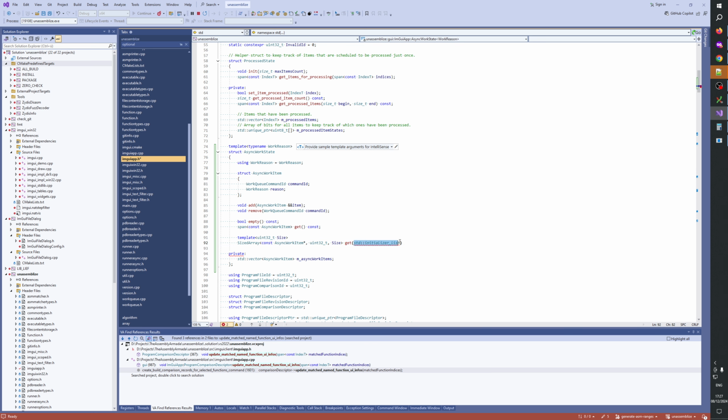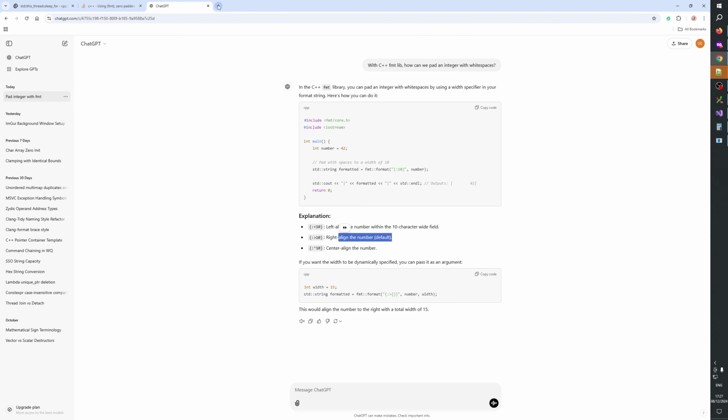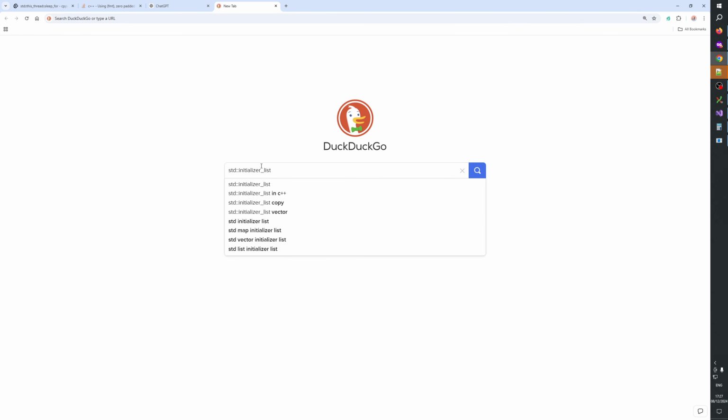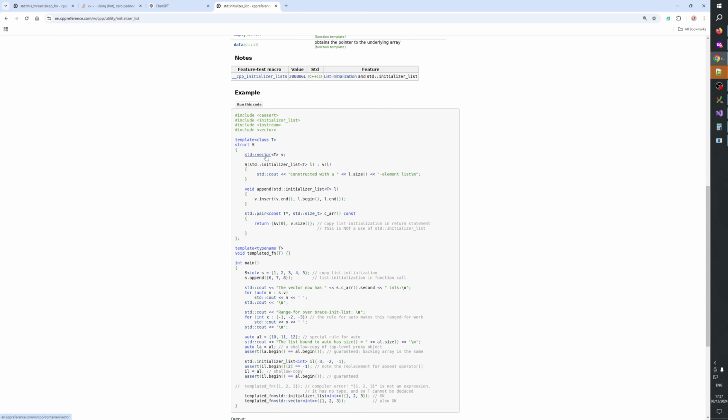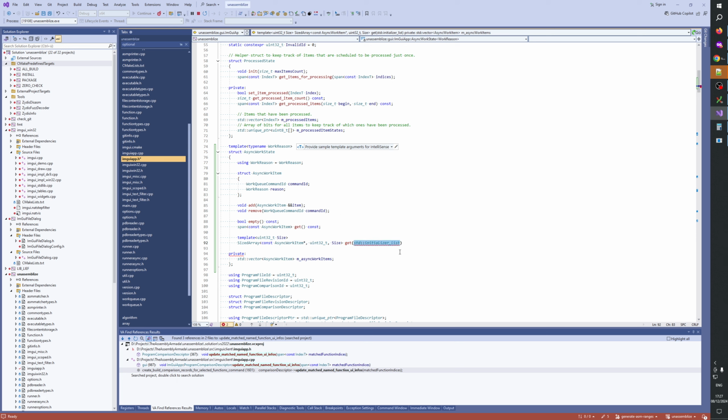Oof, it has been a while since I used this guy. Std initializer list. We can't pass it to functions, right? T initializer list. And we give it work reasons. Okay. Yeah. And this guy